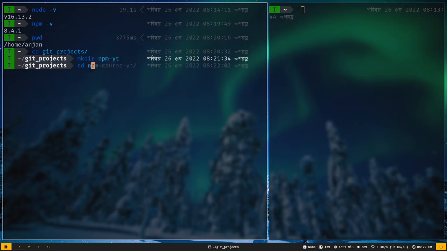And let's cd into the directory. And as you can see, it is totally empty. So first we need to initialize our package.json file. Package.json is a file that will contain all of your project information, like what packages are installed and their version number and so on. So just type npm init,